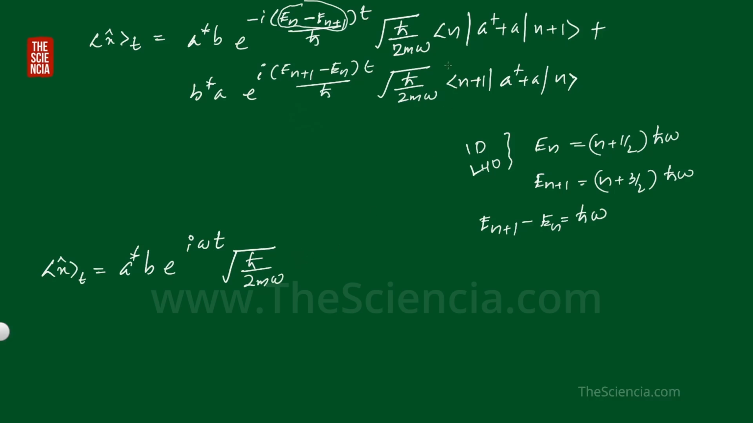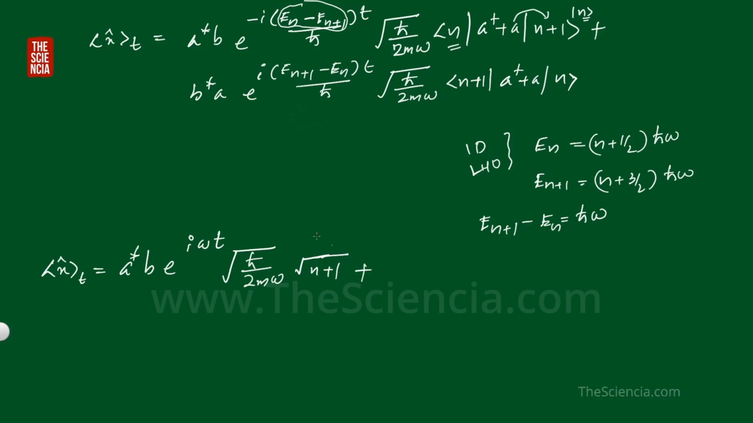See, this is bra n and a dagger plus a. If the annihilation operator operates on this one, we will get ket n. So this ket n will give the value 1 and the other term vanishes. So we will get root n plus 1